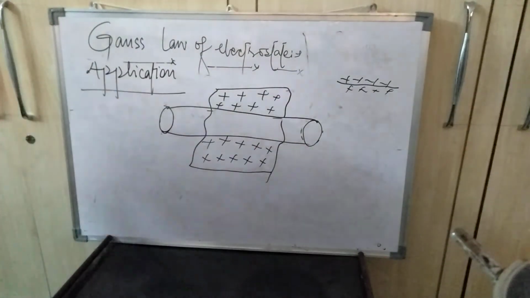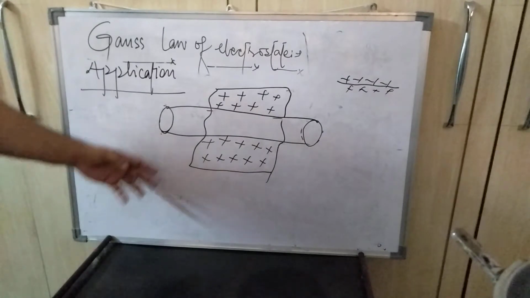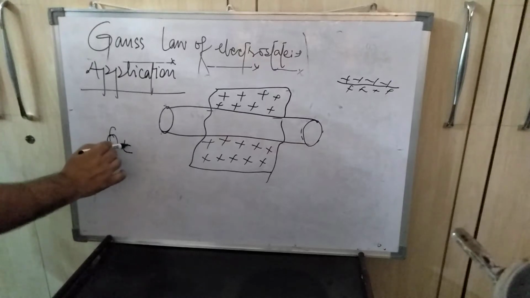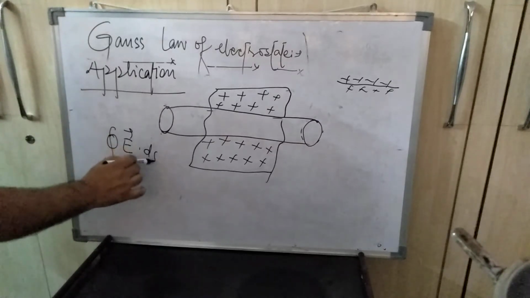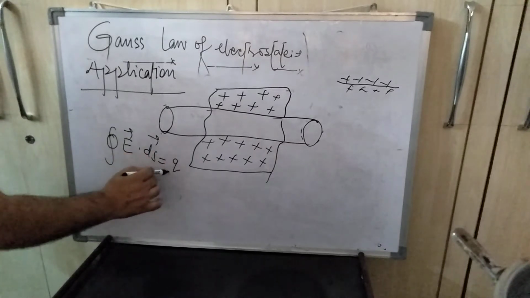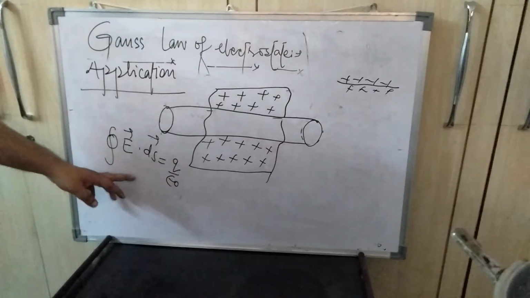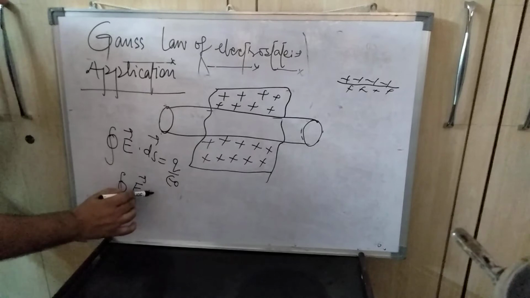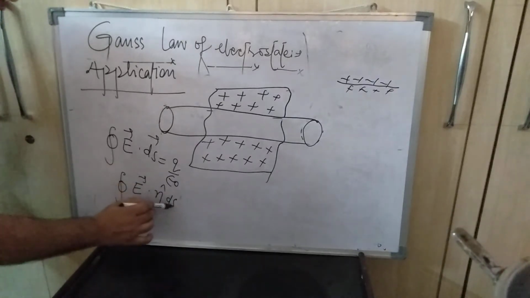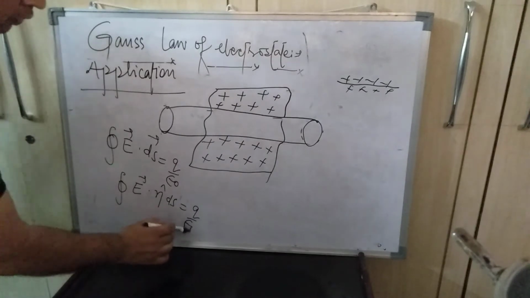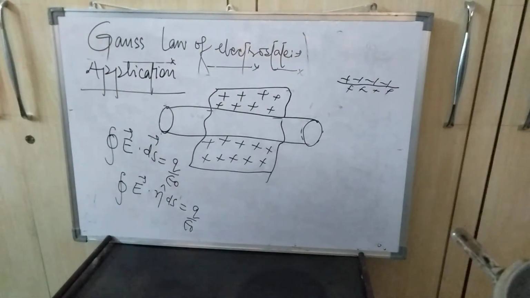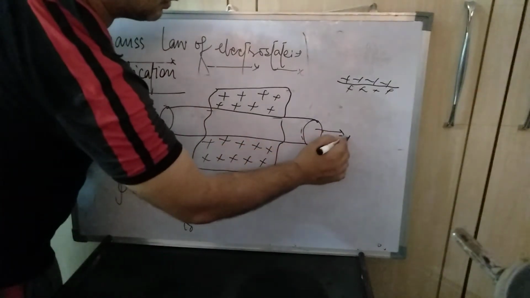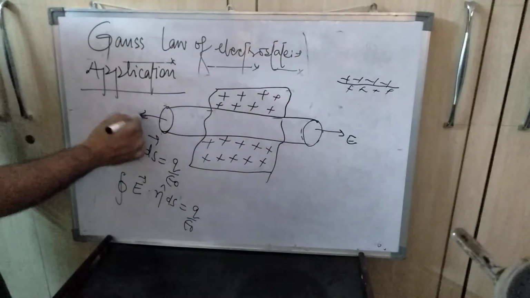Now, what do you need? You just have to find out the resultant intensity. And how will you find it? By using Gauss theorem. We know that the closed integration of E dot ds equals Q by epsilon naught, by the Gauss law of electrostatics. Now it is closed integral of E dot n ds equals Q upon epsilon naught. Now we can see what the direction of n and what the direction of E should be. As we know, the direction of the intensity will be outward from here as well as here.